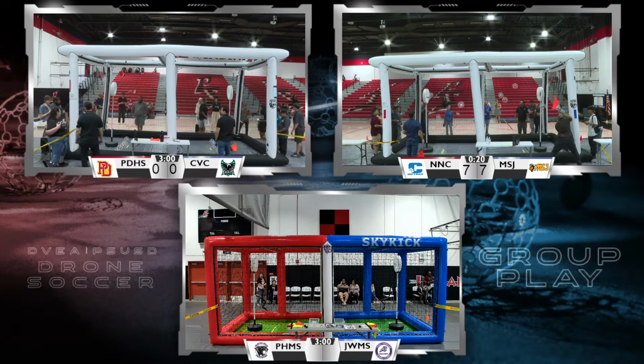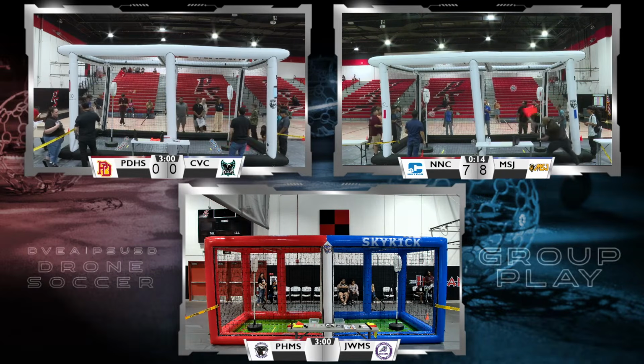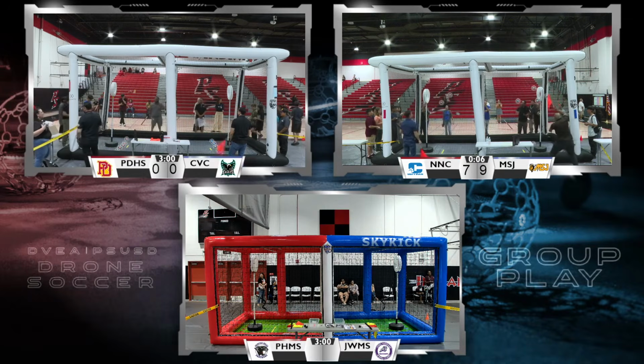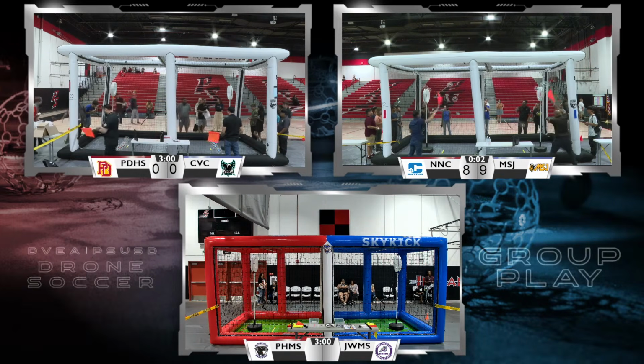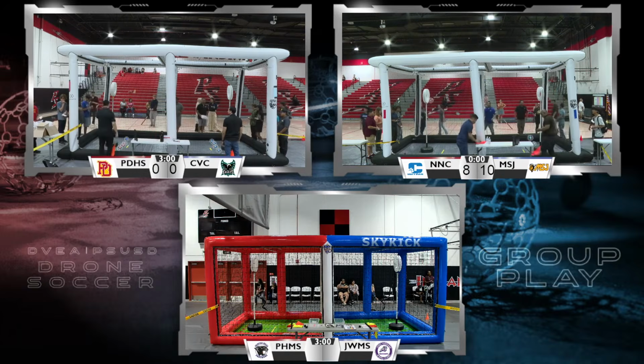20 seconds left in Arena B. We have a very tight game, 8-7. We're watching closely the score here, about 15 seconds left. You can see how 9-7 now. You can see how animated these line refs get because these scores can be so tight. 9-8, still time to fly, still time to score. Let's see if they can make it happen. Time's up. So we'll have that conference. Very close game. Well done.